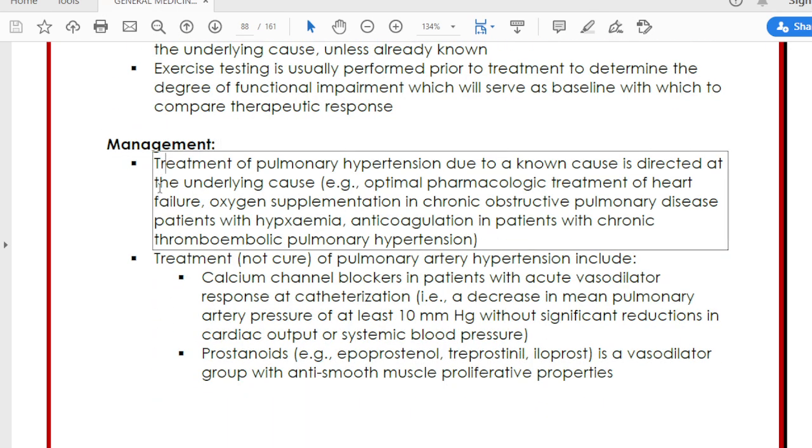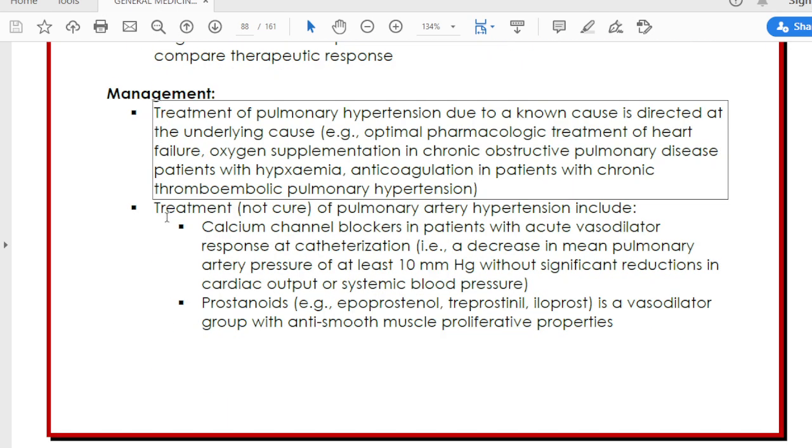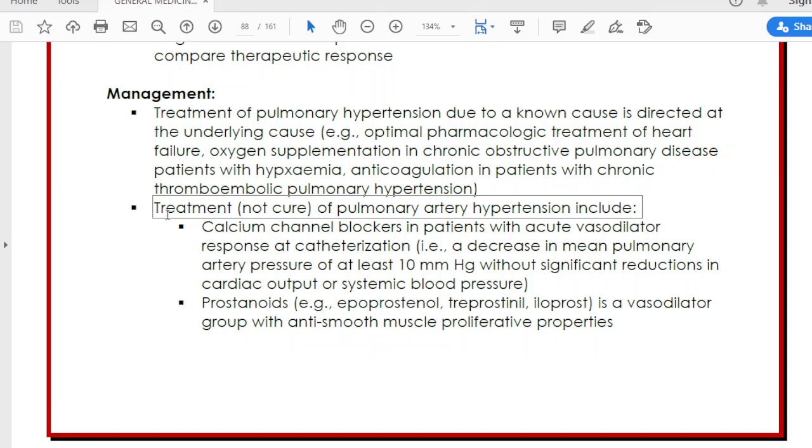Management. Treatment of pulmonary hypertension due to a known cause is directed at the underlying cause, example optimal pharmacologic treatment of heart failure, oxygen supplementation in chronic obstructive pulmonary disease patients with hypoxemia, anticoagulation in patients with chronic thromboembolic pulmonary hypertension. Treatment, not cure, of pulmonary artery hypertension include calcium channel blockers in patients with acute vasodilator response at catheterization, i.e., a decrease in mean pulmonary artery pressure of at least 10 mmHg without significant reductions in cardiac output